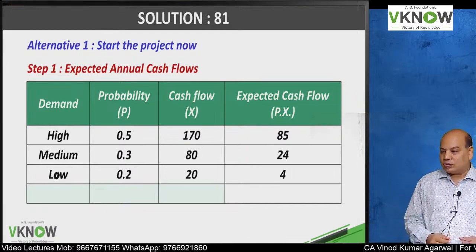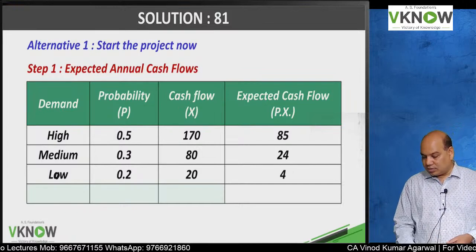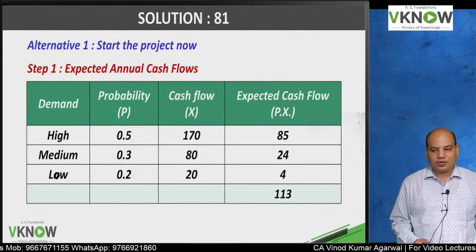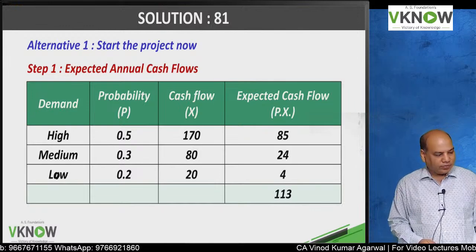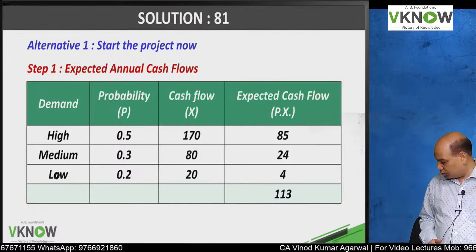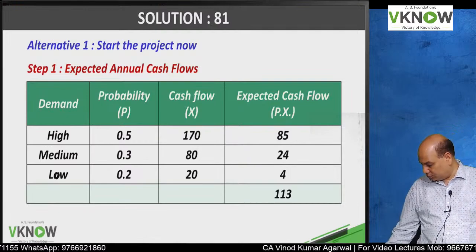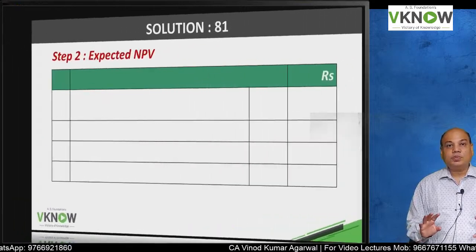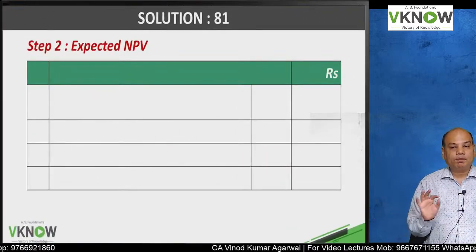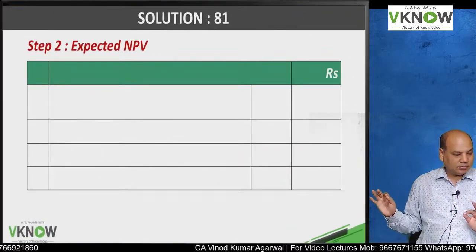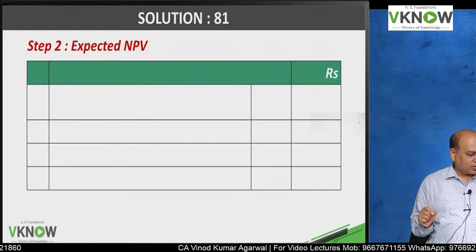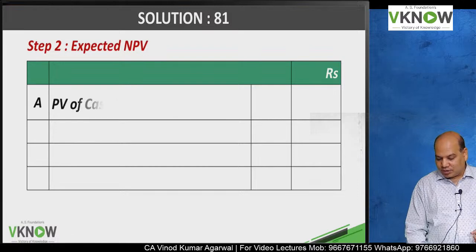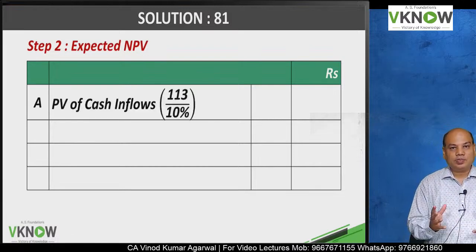Come on, students, come on. One student finally replied: 113. Wonderful. Amazing. So 113 is right. And this is perpetuity, per annum forever. Sajid Khan is also right. After many days you have replied. Very good. At least replied.